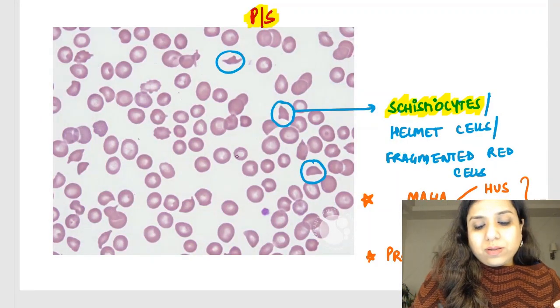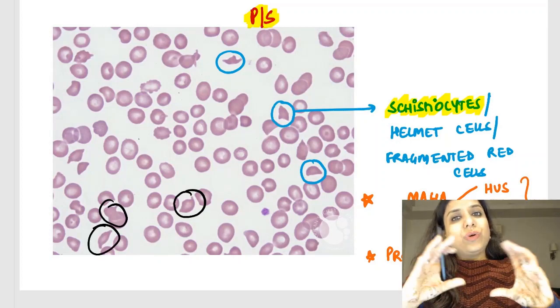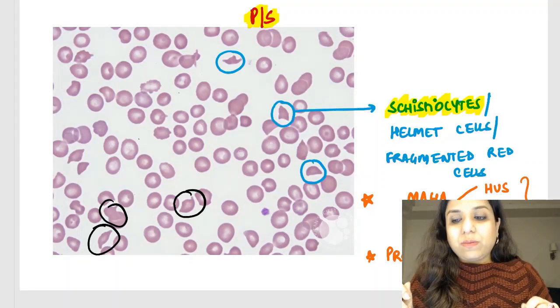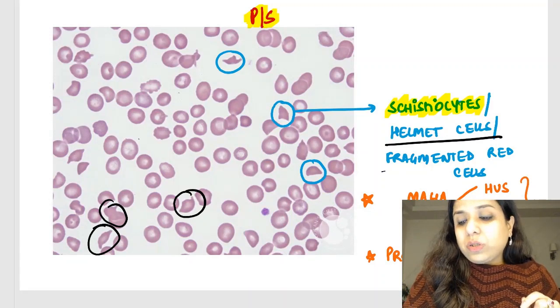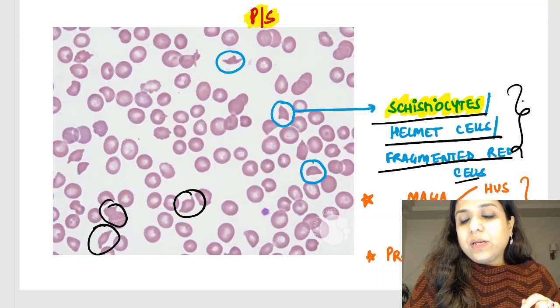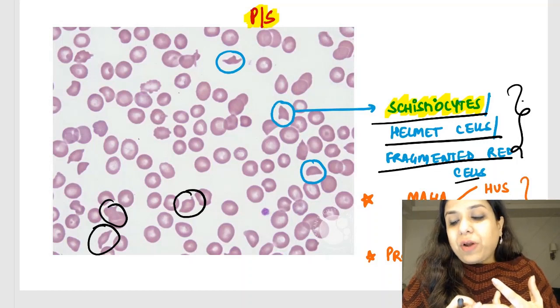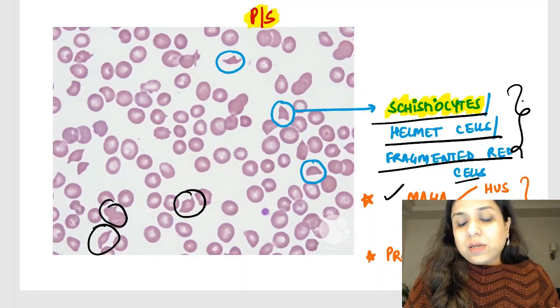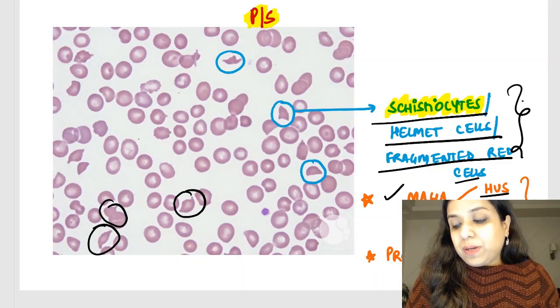Okay, what are these cells which you see? Come on. Don't you think they look like a helmet? Somebody has worn a helmet, right? That is why they are called as the helmet cells. Also called as fragmented red cells or schistocytes, right? So schistocytes, also called as helmet cells, and fragmented red cells are seen in microangiopathic hemolytic anemias like HUS, TTP, DIC,